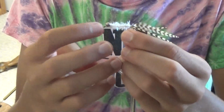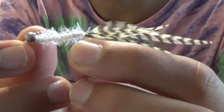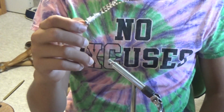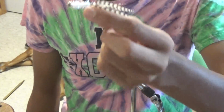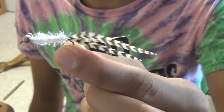For a trick, you can just get a permanent marker or anything and just draw little dots on the weight for eyes. And just tie it on, go out for smallmouth bass. This will catch lots of them, especially if they're feeding on shad. This represents a shad really, really well, or little minnows, especially in creeks and